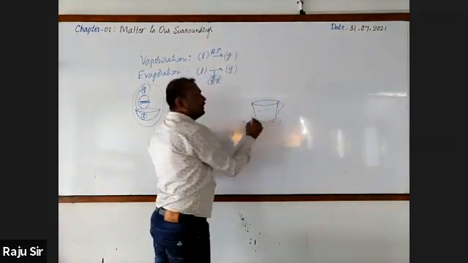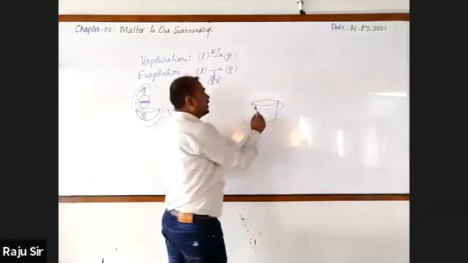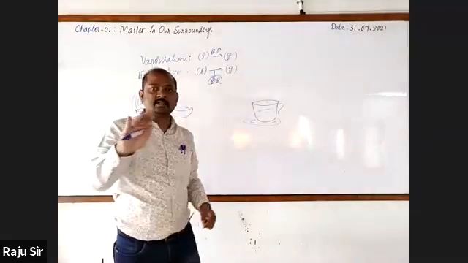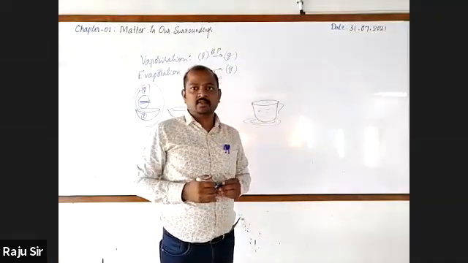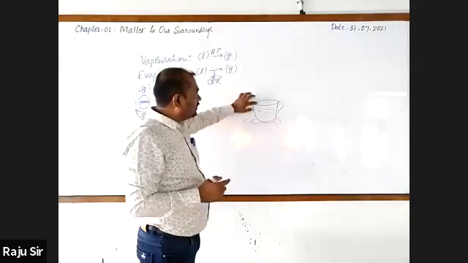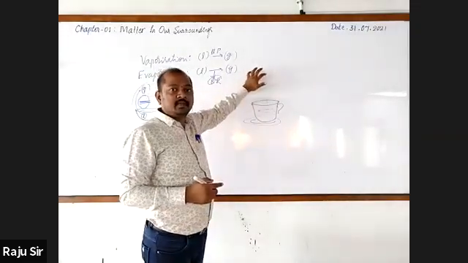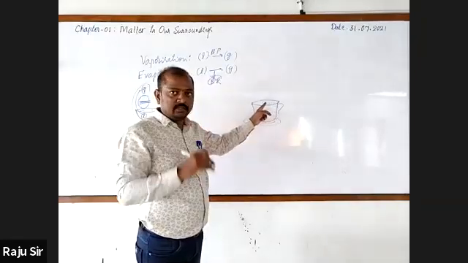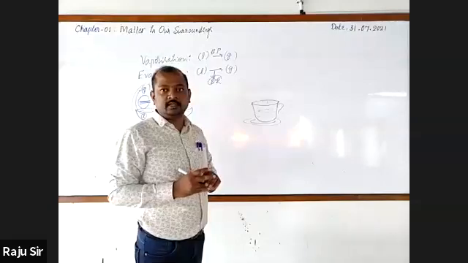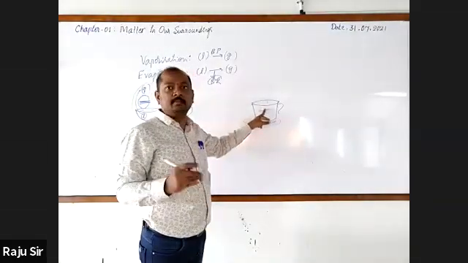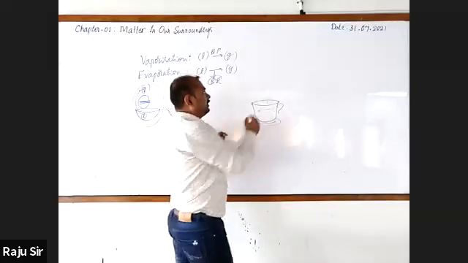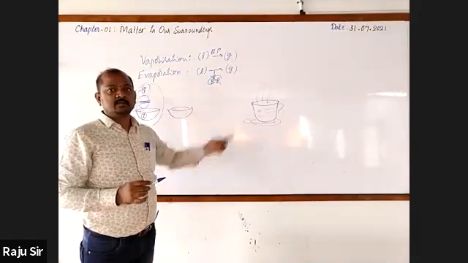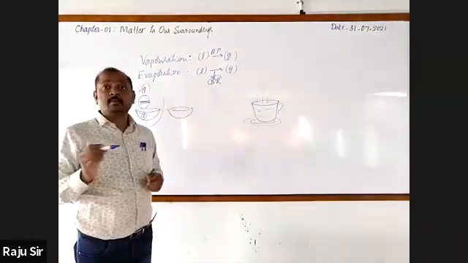And if it is left for some time, what happens? Vapors come out, and its hotness gets reduced. Why? Because it is evaporating. We are not cooling this tea, and we are not providing any heat. We are not making it reach its boiling point. Without reaching its boiling point, it gets converted into gas, and we call that process evaporation.